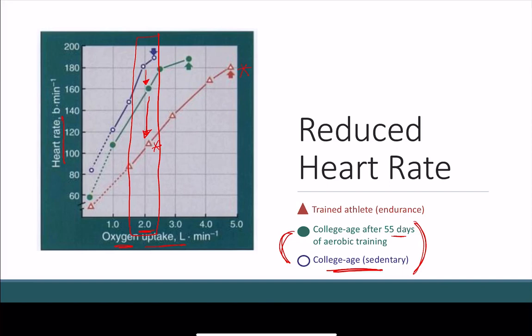But there is still a benefit of being able to maximize our heart rate. So we don't want to reduce our maximal heart rate with training. If we're going to go to max intensity exercise, we still want to completely hit the full gas in our cardiovascular system. But at these lower intensity levels, it is beneficial if we can rely on volume over heart rate,